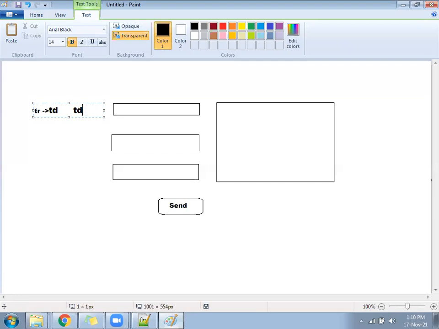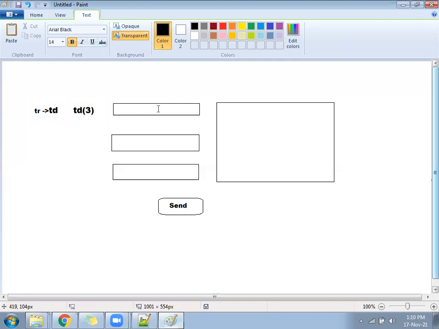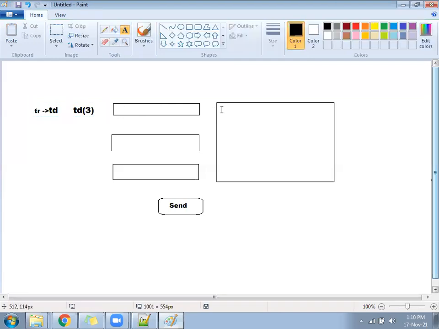Now for the TD, what is it, colspan or rowspan? Rowspan. Rowspan is 3, because inside the first TR there is one TD, inside the TD there is a text area, and that text area is covering the height of 3 TR. So for the TD you have to write rowspan as 3. So the TD will take the space of 3 rows. After that, inside the TD, you have to create the text area and increase the height and width.